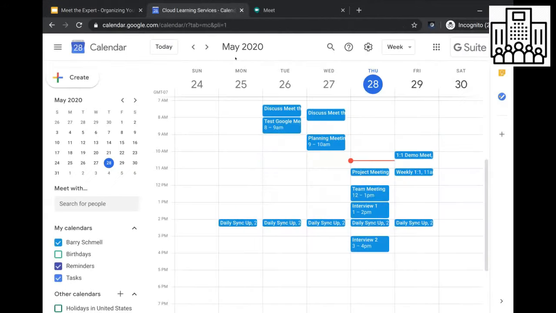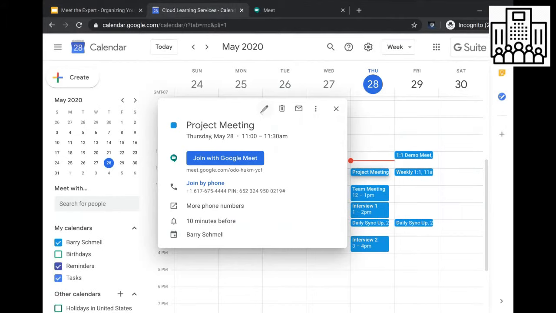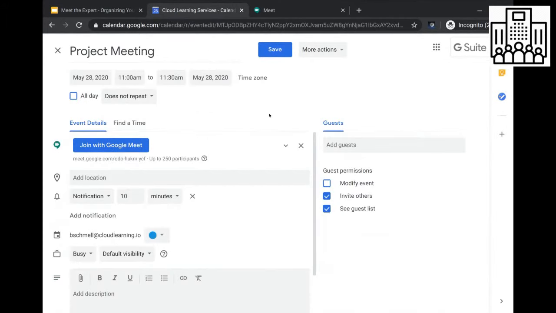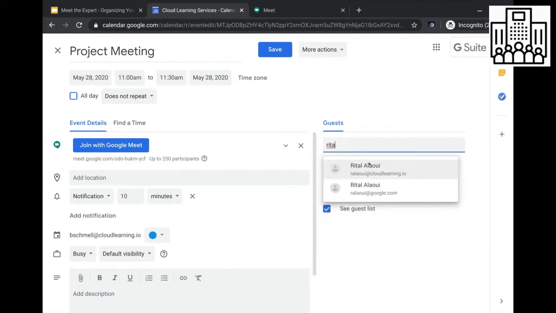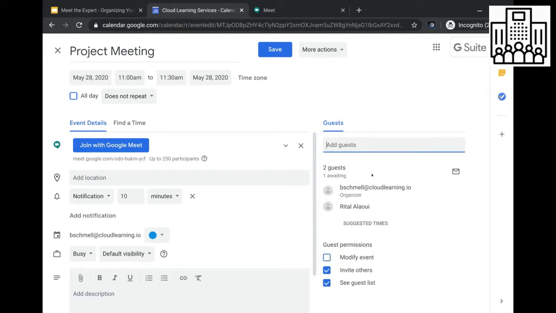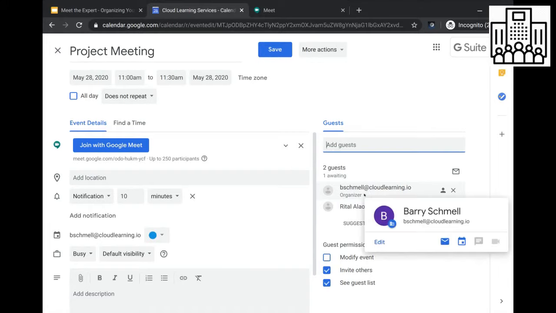And let's look at our calendar so that we'll see what we mean by inviting other people in your company. So here I have a calendar event, and let's say I'm going to add Rita, and she works with me in my company. Notice that me here, B. Schmel, I am the organizer. So anyone else that I invite right now that's in my company, in my domain that we see here,